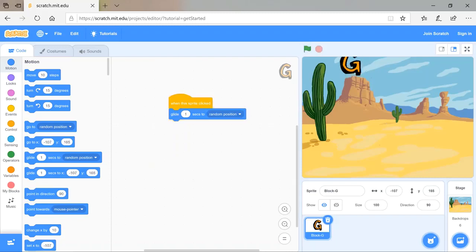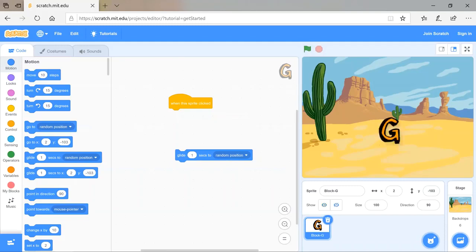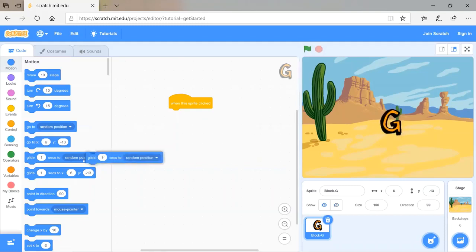It randomly picks a position on the screen and takes 1 second to glide there. Okay, which is great, but we have no way of controlling where it's going, and we maybe don't want it to go off the screen like that. So let's break the code down, pop him back in the middle, get rid of that one. Okay, if we want to choose where he goes, we use this one underneath,